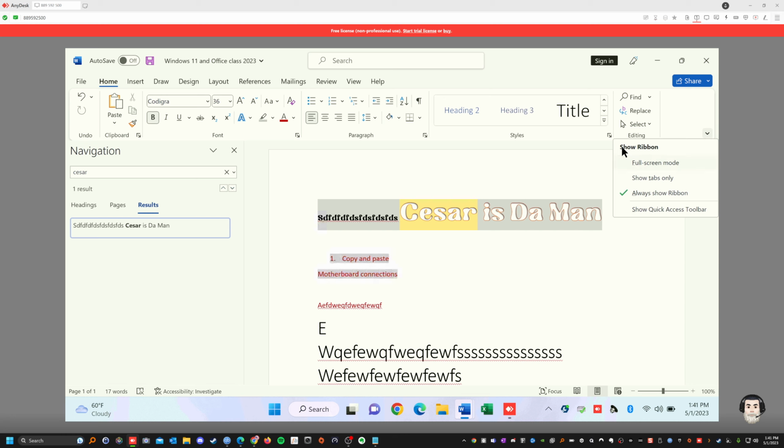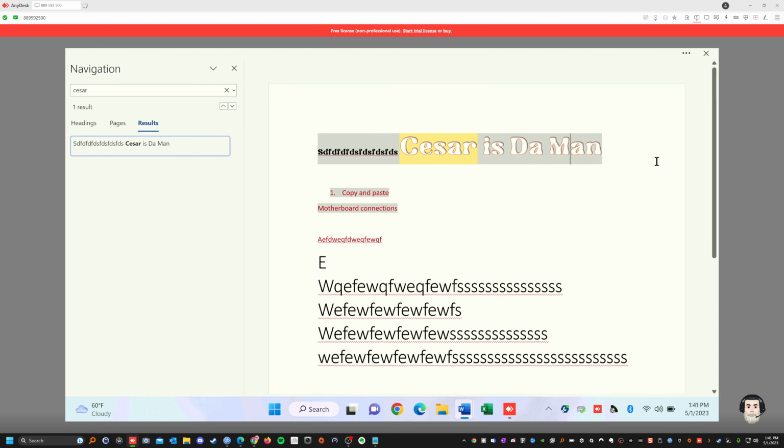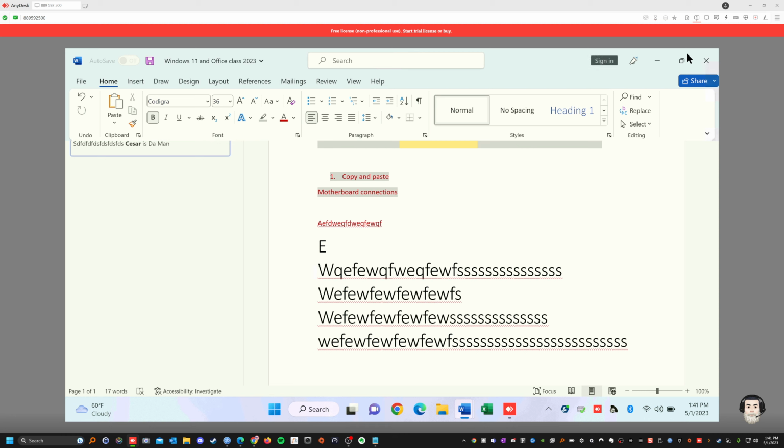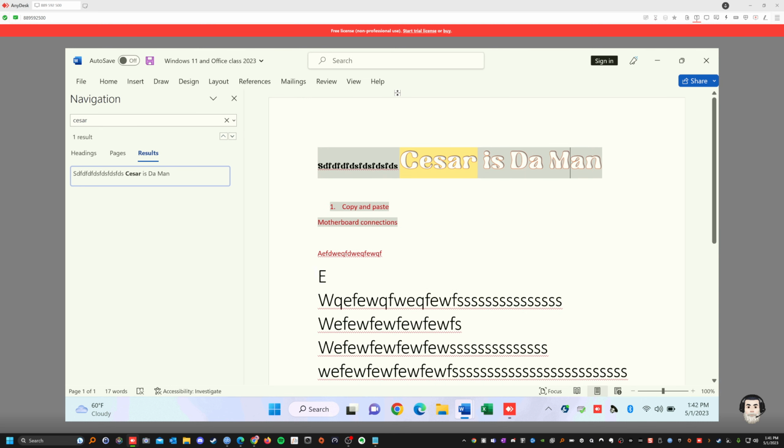This is full screen. This is a ribbon, right? For full screen mode, let's say you click on full screen mode. Look at that. Okay? Yeah, I don't like the full screen. I like the original one. But sometimes if you make a mistake and you click on full screen ribbon, just remember it's right in the corner. Okay? The next one is show tabs. See tabs? That's just with the tabs.